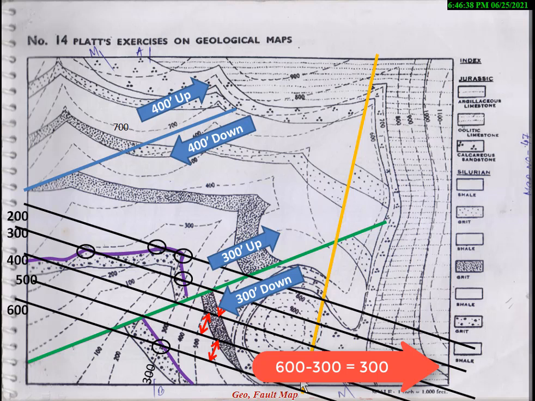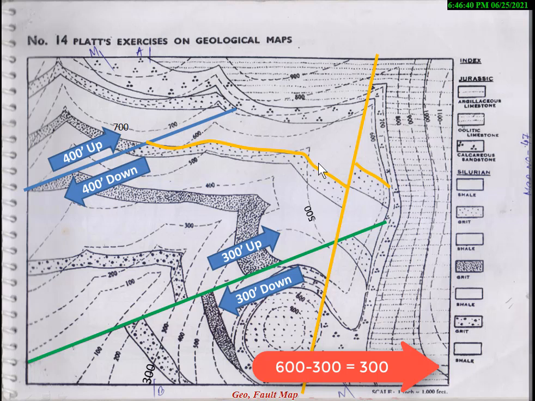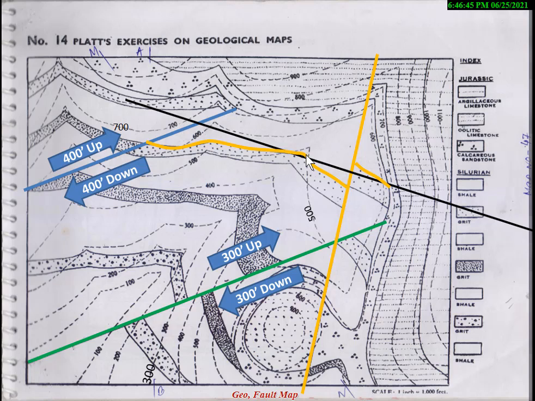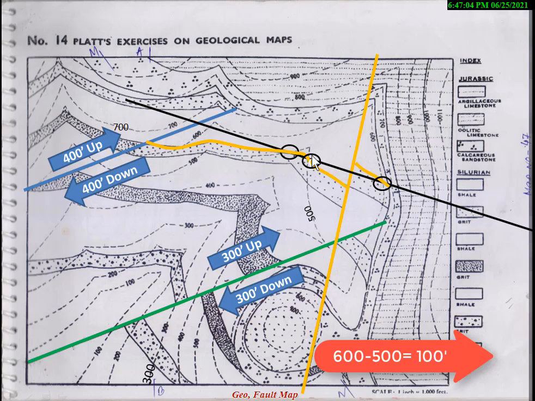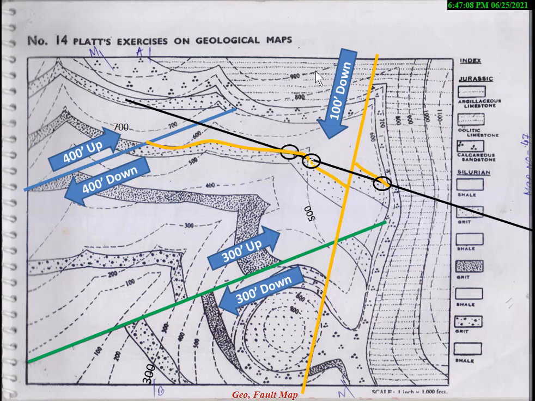Again for this fault line we select this bearing line which appears here. Just draw a strike line. This is 500. It touches here 600. So there is no issue. Very simply we can calculate with the help of this strike line. This is 500, touches here 600. The difference is 100. On the left side this is 500, on the right side this is 600. So 100 is the down throw and this is the up throw.